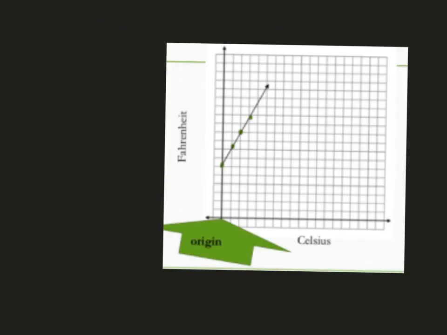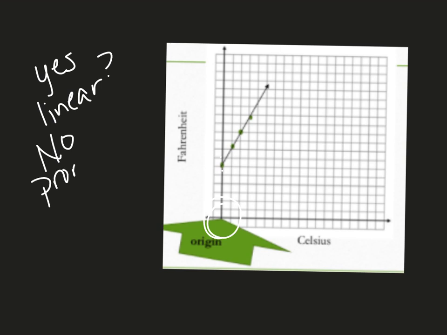Okay, here is your data from Fahrenheit and Celsius. So if I plotted that information on a coordinate plane, you can see that it is linear. So yes, it's linear, but does it go through the origin? So no for proportional. That was just to prove to you that it doesn't go through the origin. Does not go through